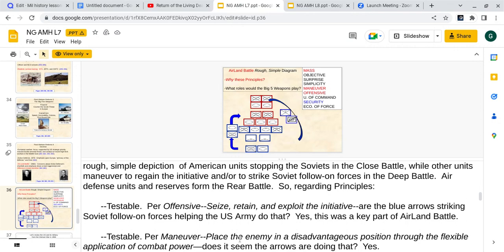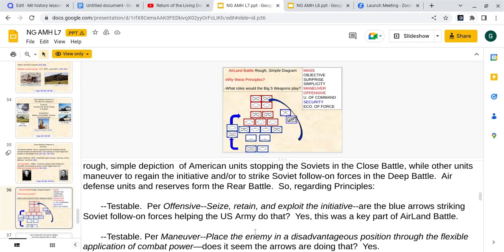The red squares at the back where the blue arrows are pointing are reinforcements from the Soviets, and here we see, due to the use of helicopters and tanks, the U.S. Army is going around and attacking the reinforcements before they're able to reinforce the Soviets' forces. So that's why